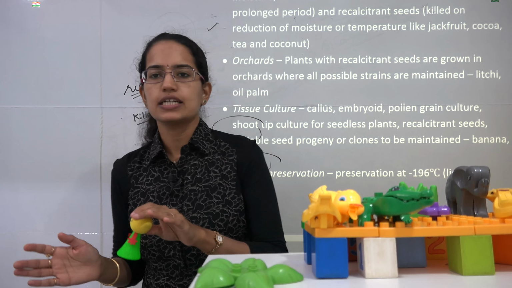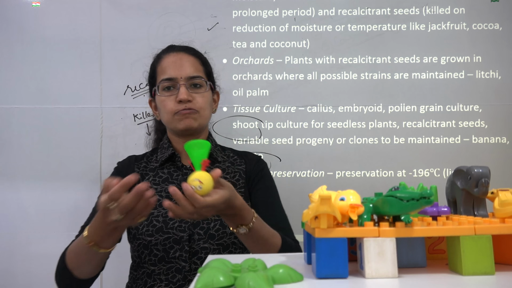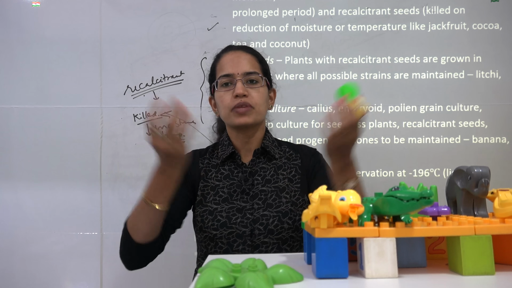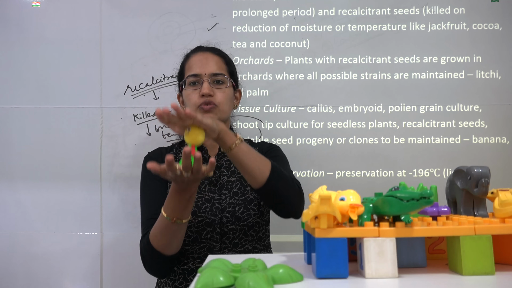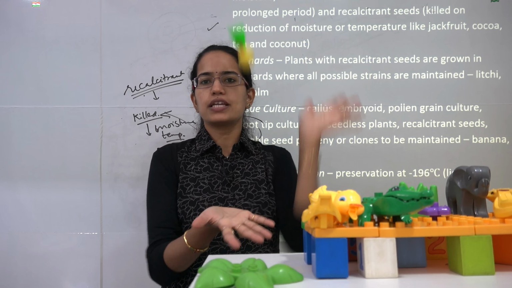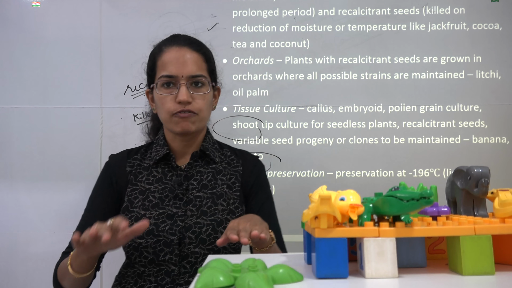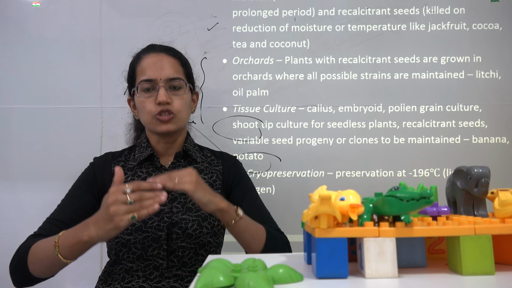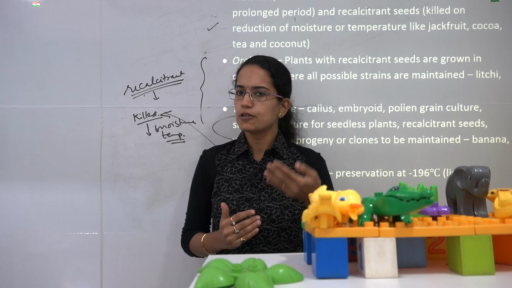Now after 10 years the situation has changed. The temperature of this region has dropped from 30 degrees Celsius to 20 degrees Celsius. Now this species, which was under cryopreservation, has been brought out, and it is not able to survive because it is not able to adapt to the changes that have taken place in the climate during this